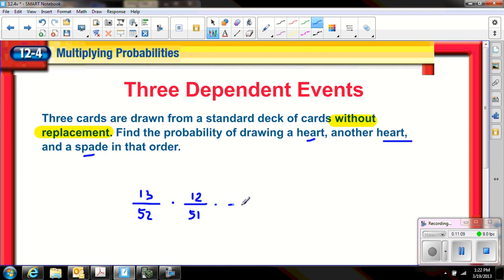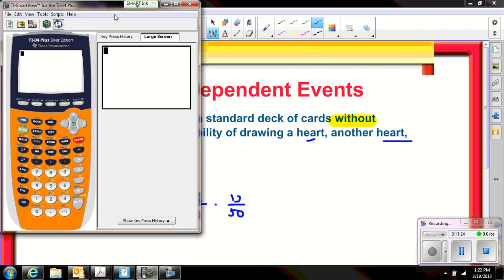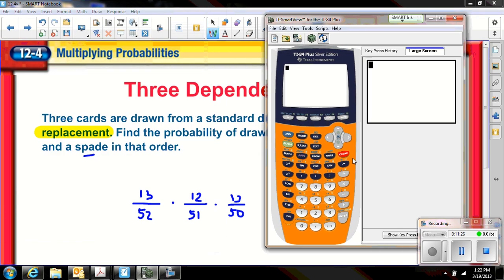Again, that card's left out, which means there's now just 50 cards in the deck. Out of those 50 cards, I now want to choose a spade. I have not touched the spades yet, which means there's 13 spades still in that deck. And if I multiply all of these together, we will end up with 13 over 52 times 12 over 51 times 13 over 50, which gives me